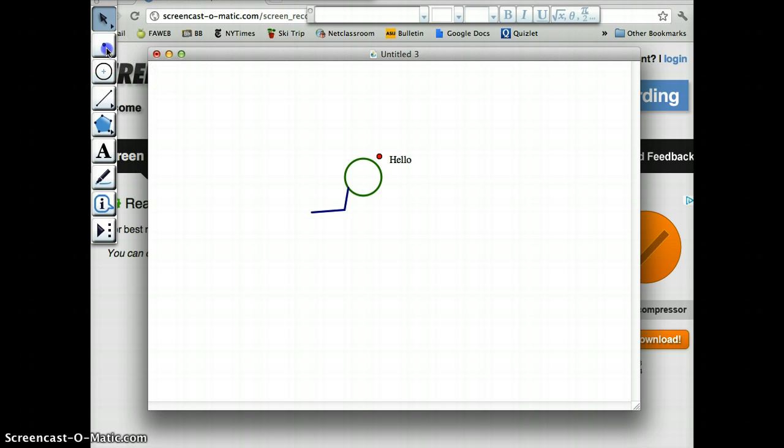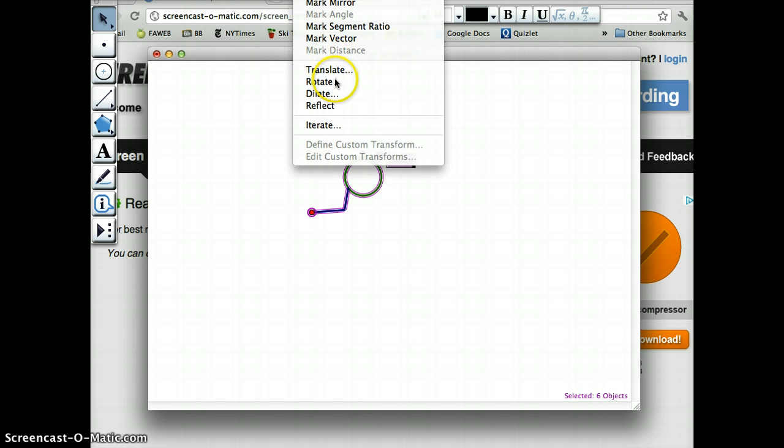Actually, I do need to put the point on the end here. Whatever point that I want to do my rotation on here, I need to have that in there, so I need to have at least that point. I can always hide it later. Now I want to rotate this whole object. If I highlight the whole thing by making sure I'm on the select arrow and then dragging it across the whole thing, now I go to transform, rotate,